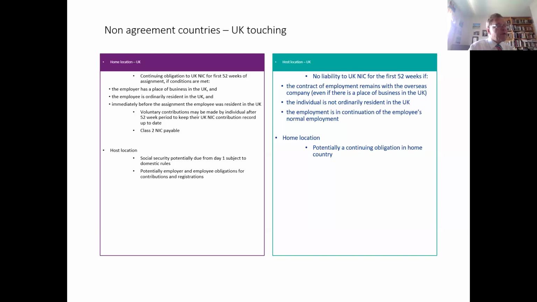So if you assign me from the UK to Singapore, where we have no social security agreement, we have a tax agreement, no social security agreement, I will be subject to UK social security and my employer will be subject to UK social security for the first 52 weeks of the assignment. It's something that employers often forget. And it is a strict 52 weeks. Once you get to week 53 or 54, you end up with